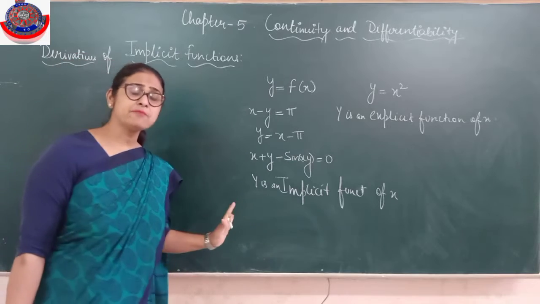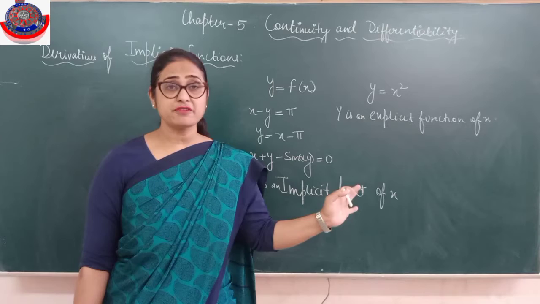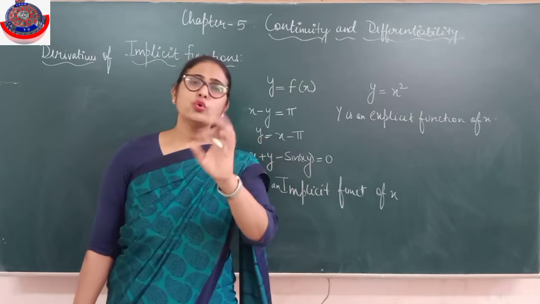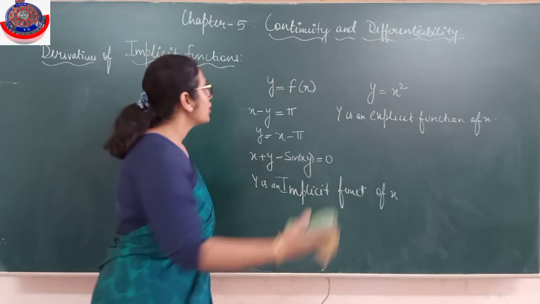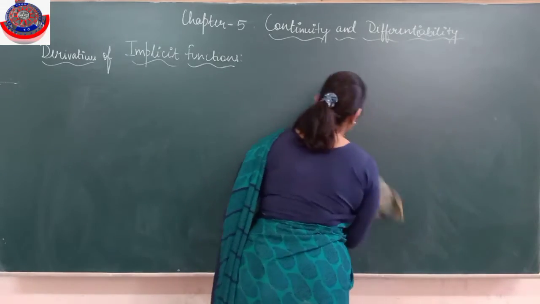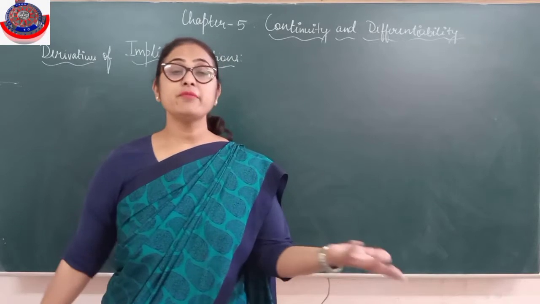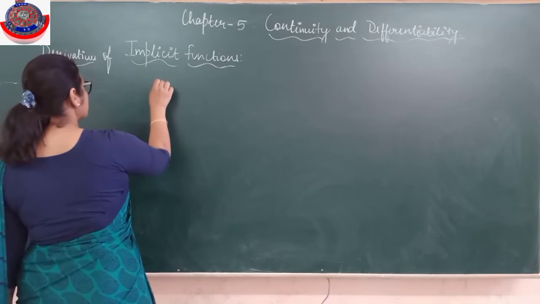And children, believe me, not difficult at all. We are just going to differentiate the same way as we were differentiating. We just have to be careful that x and y are together, so whatever rule is applicable, like u into v, accordingly I have to differentiate. Alright, fine. Let's pick up examples because the basics are only this much and the formulas, the rest, we have all done. We will be applying those formulas only.